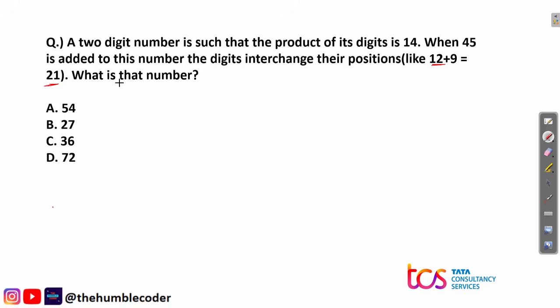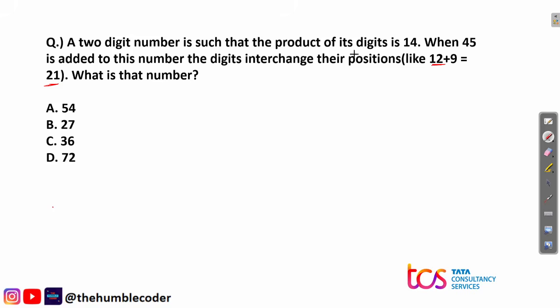Again, very common questions. These kinds of questions are regularly being asked, and it is very easy to solve these questions. There can be multiple ways of solving them. The first one is you can take the numbers as x and y and then you can solve it. But the fastest way is by taking the options, right? We call this the elimination method. Let us take the first number and try to solve it.